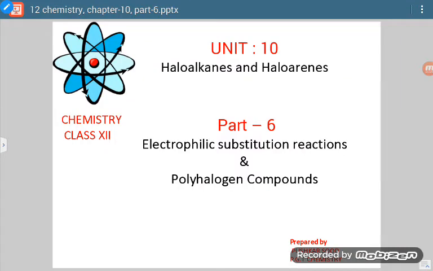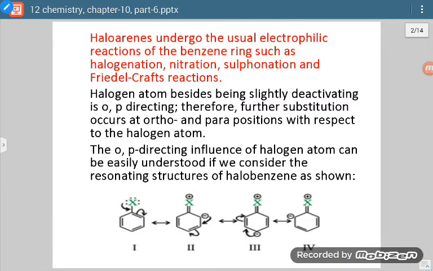Good morning, students. Today we are going to discuss the last portion of our 10th unit, in which we will cover electrophilic substitution reactions and polyhalogen compounds. First of all, electrophilic substitution reactions of